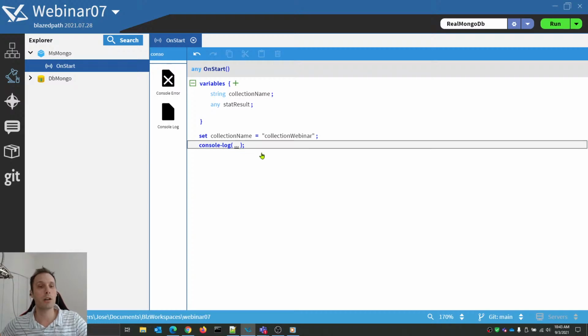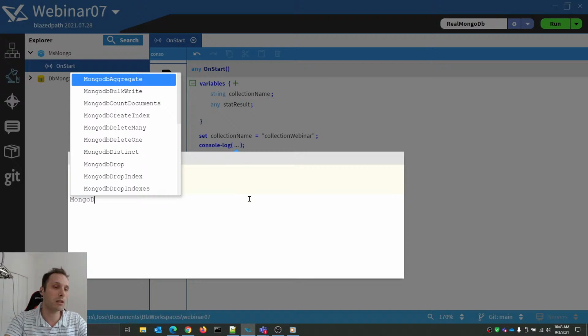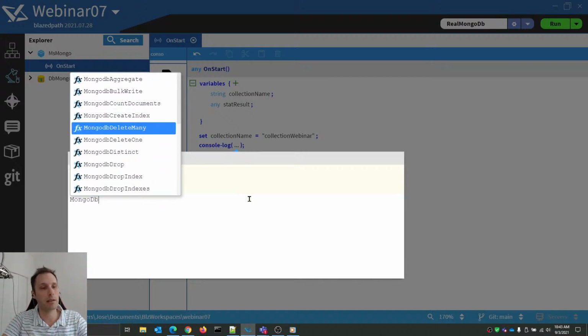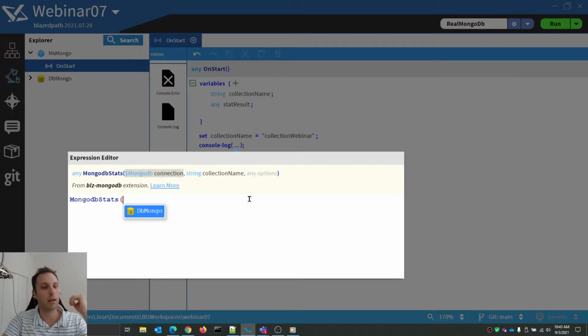So we have a console log, and whatever I write in this expressions editor is going to be evaluated and thrown into the console log. So let's again go back to the check for the connection status, and we are going to go MongoDB, and we are going to be using a function that says stats, because I just want my expressions to use this function and check that the connection is up and running, and I'm just expecting anything that's not an error